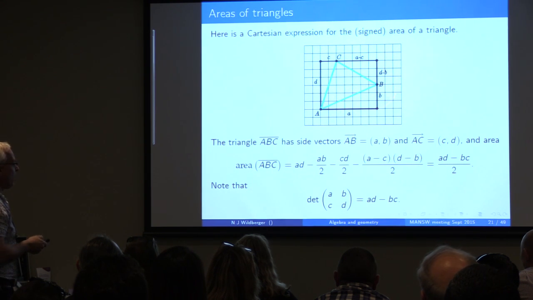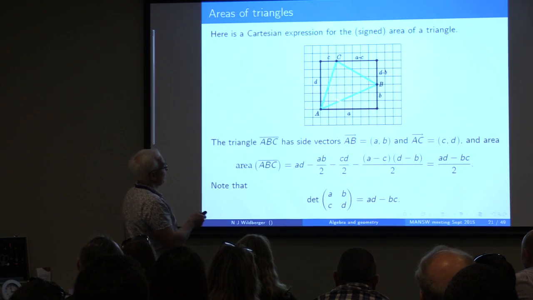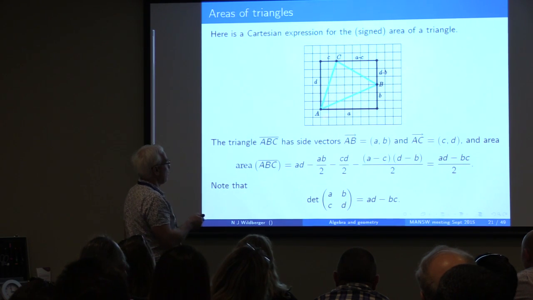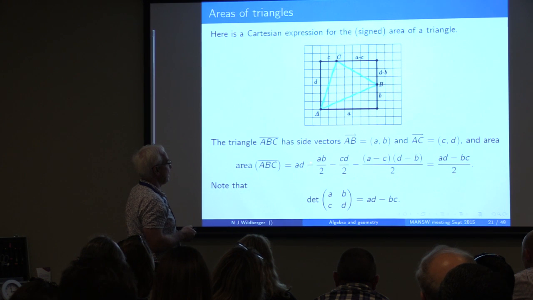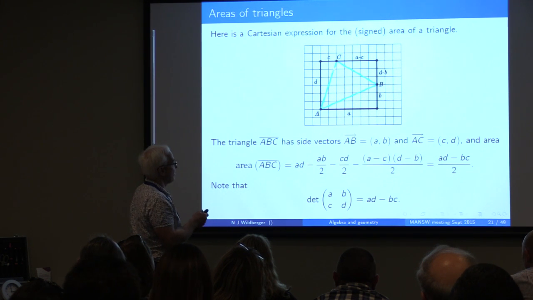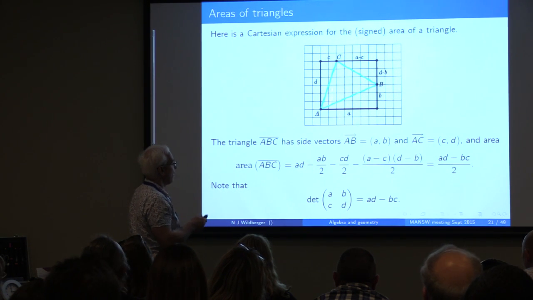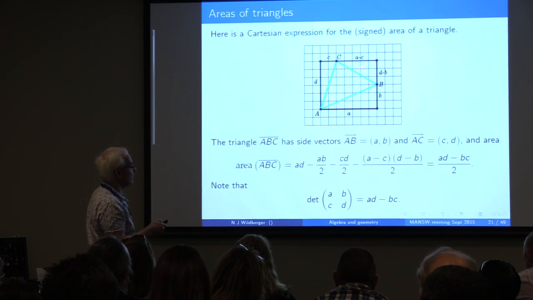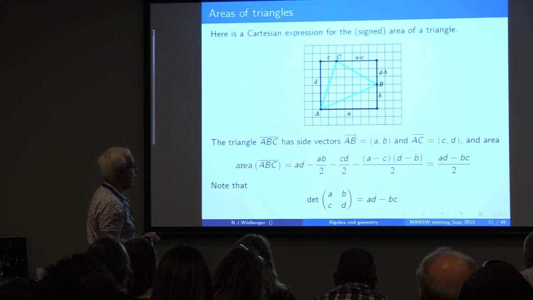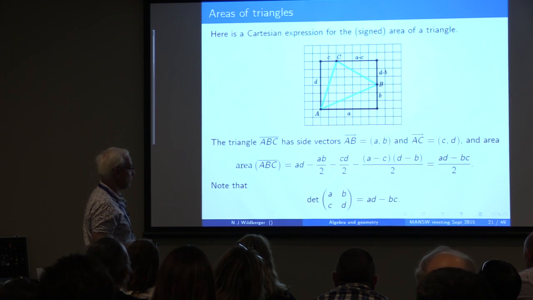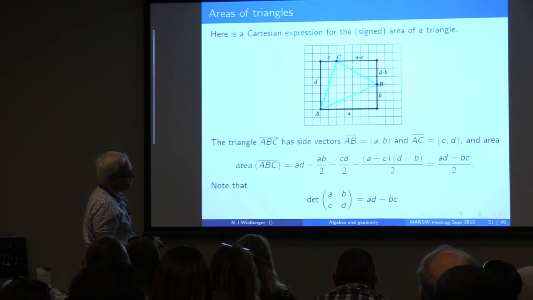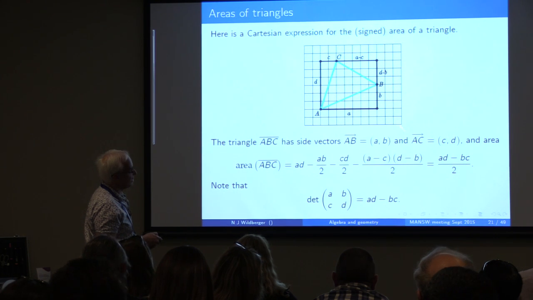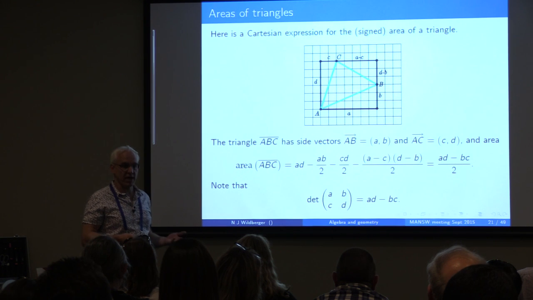And then if we want to know what the area of this triangle is, well, we can make a lovely little calculation because it's the area of the big rectangle, which is AD, minus these 3 triangular areas, which are easily calculated. That one's AB over 2, that's CD over 2, and that's (A minus C) times (D minus B) over 2. And we work that out, we get (AD minus BC) over 2. And so this same kind of expression occurs, that (AD minus BC) over 2 is the determinant form for the area of this